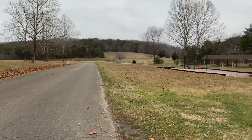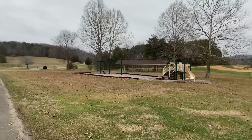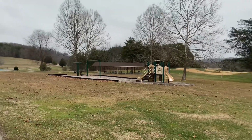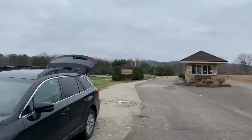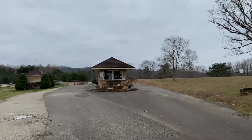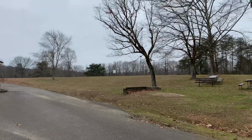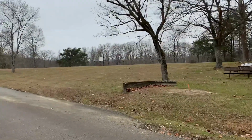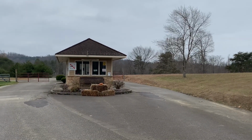Okay, as you drive in, you'll drive past the actual golf course. Then you will see some picnic areas and the play area. As you go towards the campground, there will be this little campground registration station. And you see the basketball courts over on the right. Once you go through the registration station in the summertime, there's a little road that